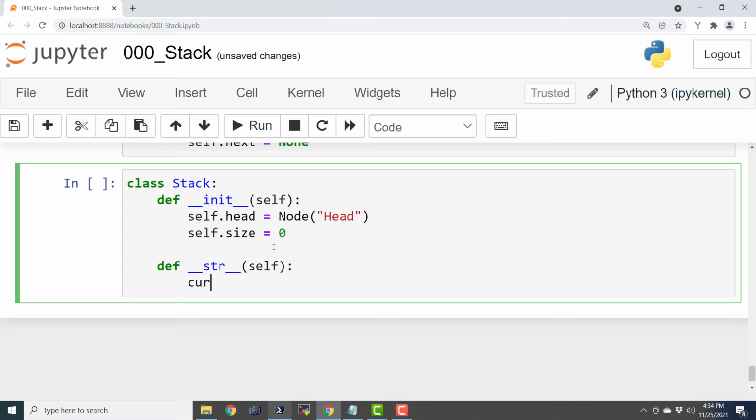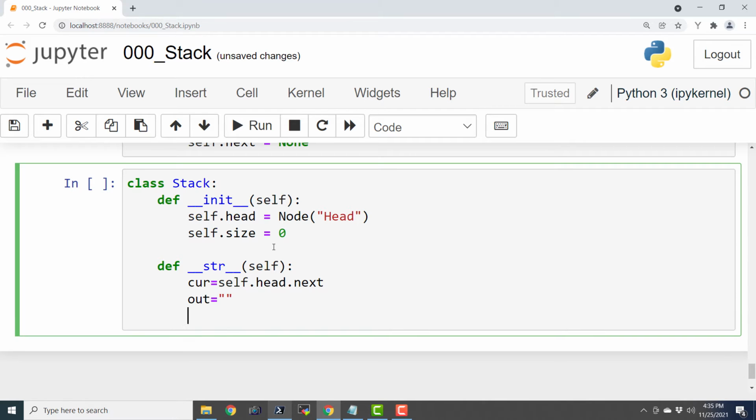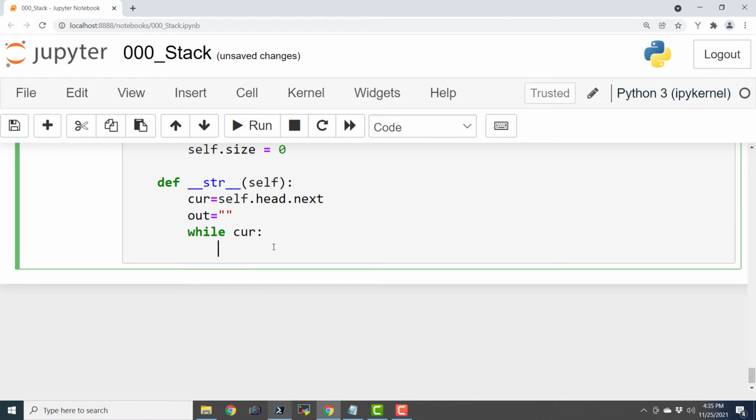So self, cur, that is current, equals self.head.next, and out is going to be a blank thing as of now because we are then going to append data to it. This out variable is a string. We have declared it as an empty string. While current, let us say out.